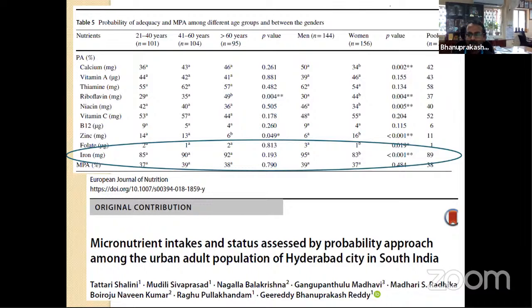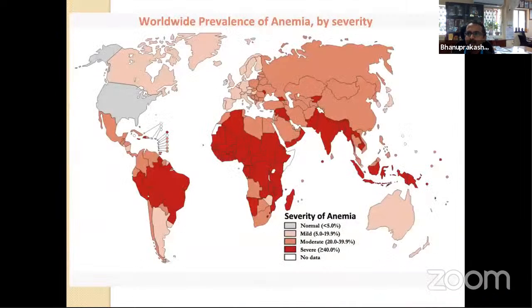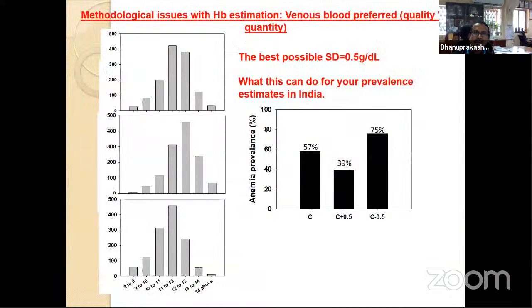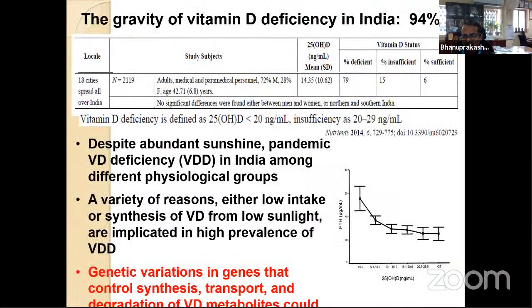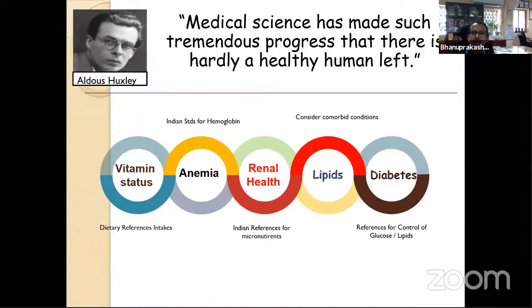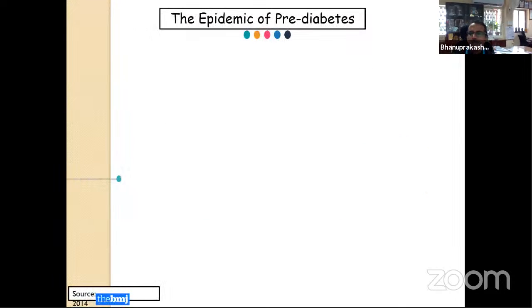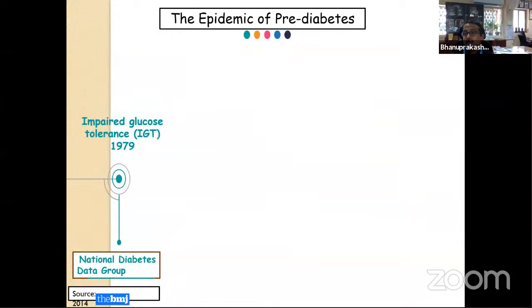We have actually, this is left and right covered in the media. Some people did not like it, but still India is shown in red, saying that you have a bigger problem. Really, it's not a problem. I'll tell you. Medical science sometimes makes everything a problem, starting from renal problems to diabetes. I'll give one example of why we should be very, very cautious for our own country.